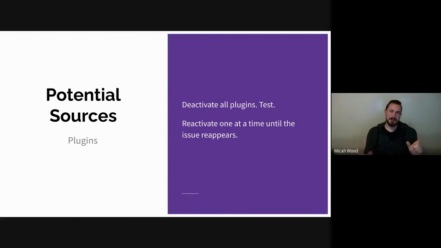Now, in rare cases, I've found that it's actually a combination of 2 plugins not working together. So even if you identify one as the problem, be a little open-minded that it could be that one and this other one running at the same time that causes the issue. For example, you reach out to a plugin developer and say, hey, I've got this problem.